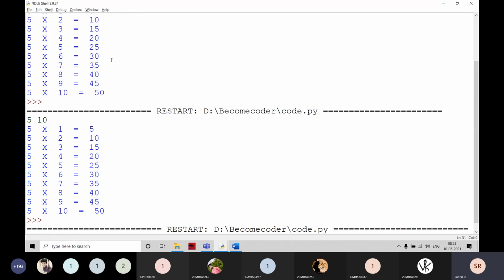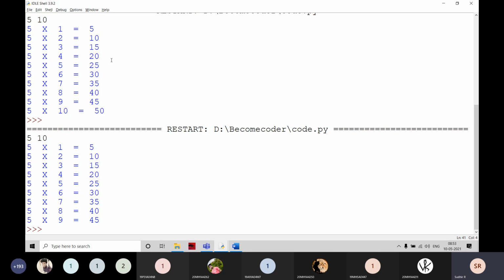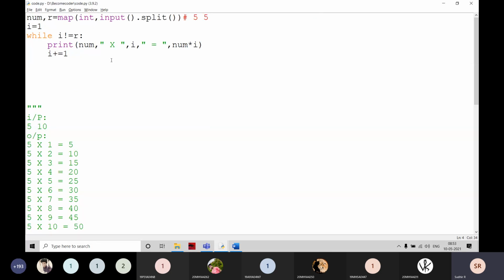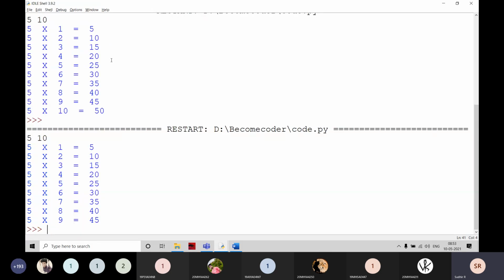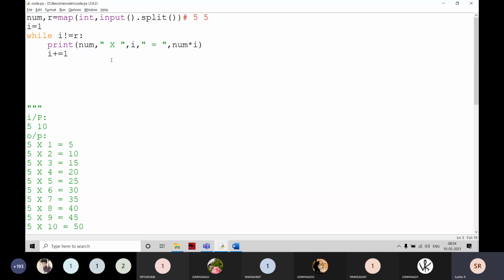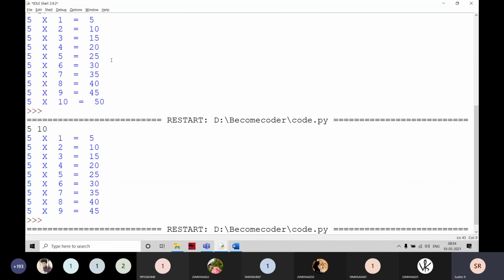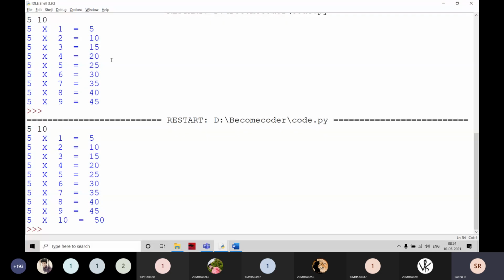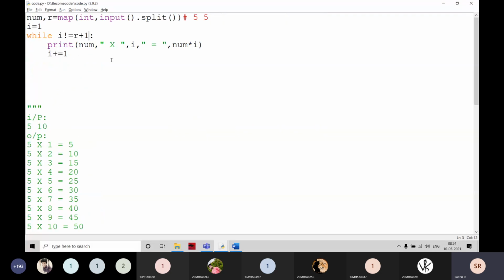If I execute it, if I give 1, 5 and 10, it is going to print, just what is missing here. I not equal to R plus 1. Okay, and that value also I want, right? That's why I am going to write like this, 5 into 10. Then it is going to print up to that number. Just simply I am going to write the condition like this.